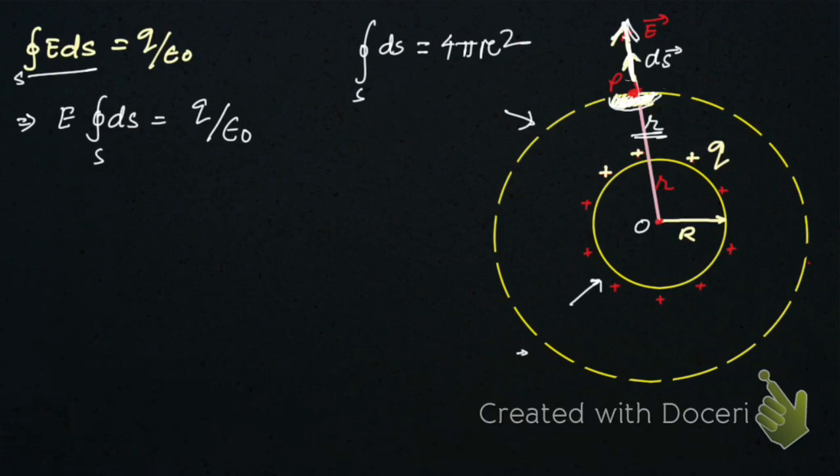If you use this value here, E 4 pi r square is equal to q by epsilon naught, then your E will be equal to